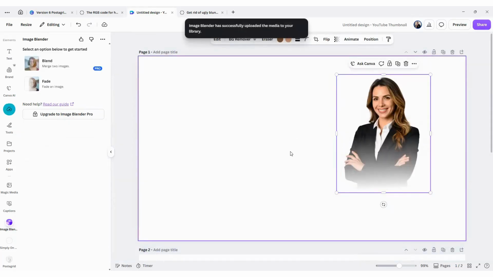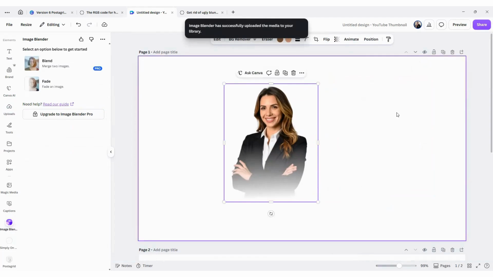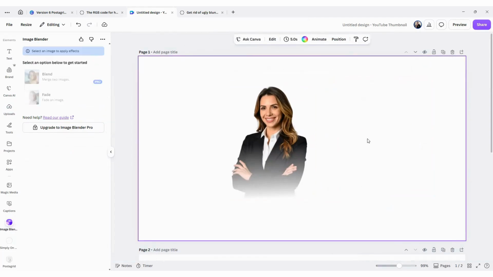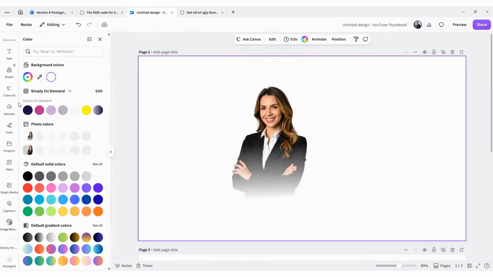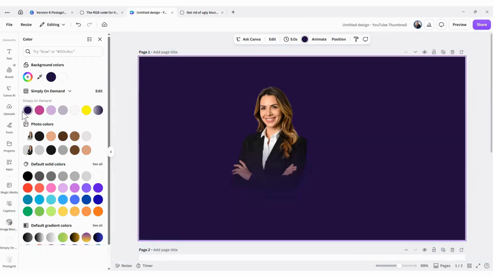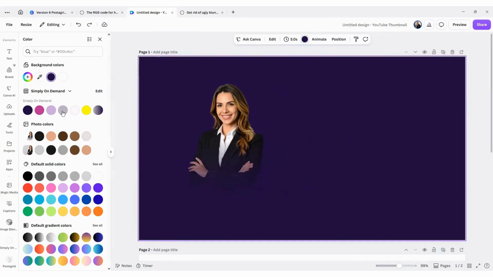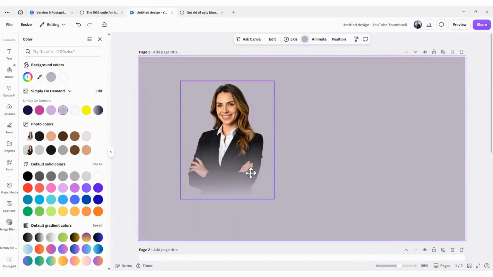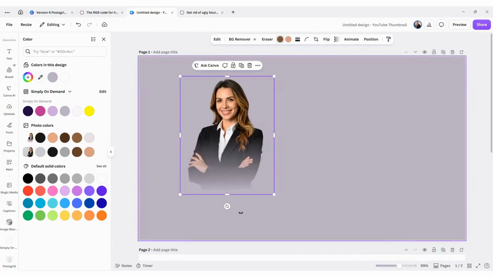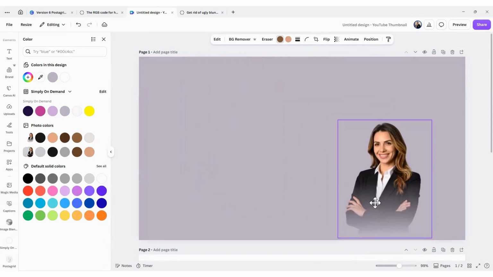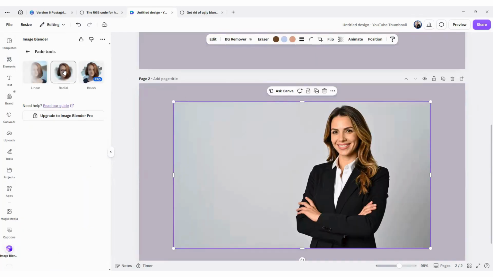But now you've decided that you no longer want the white background, you want a different colored background. If you change the color of the background, you'll see that she automatically blends in. This one is not very clear. Let's use this gray here. No, that's not what we wanted to do. We want to click the background and then click on the gray, and you can see that it's relatively blended in. And now you can go ahead and insert your text, and you don't have to put her on the bottom here. Have a look and see what radial will look like.